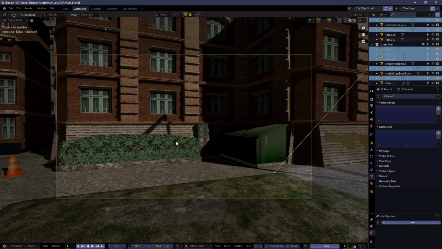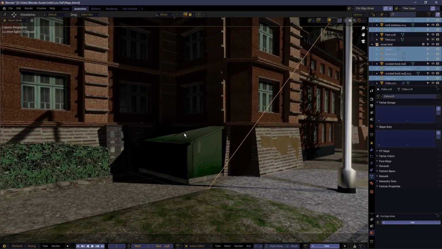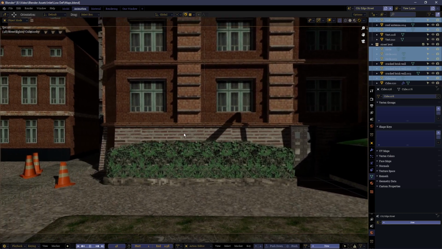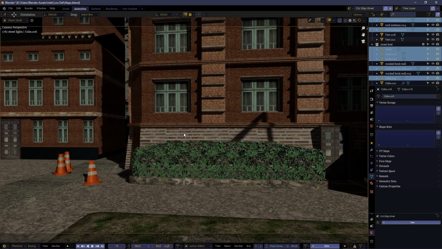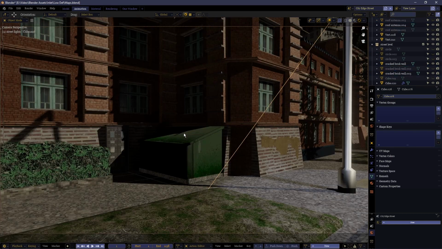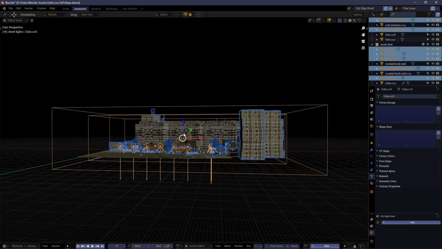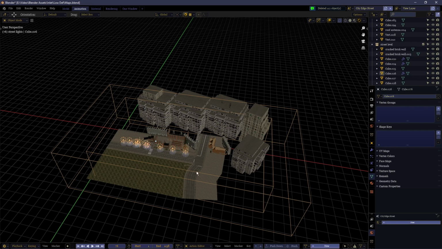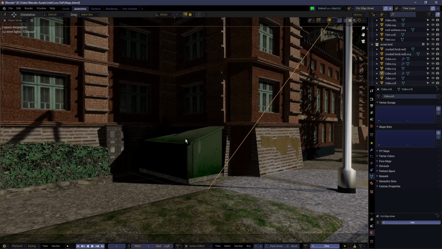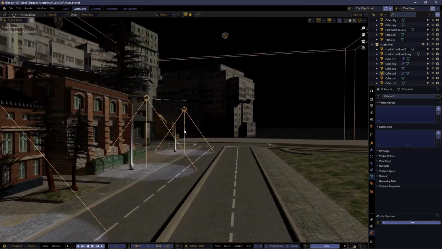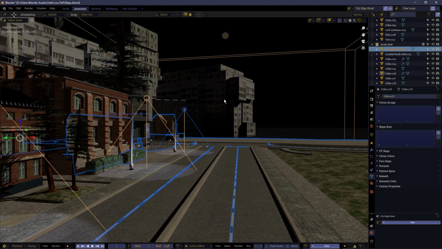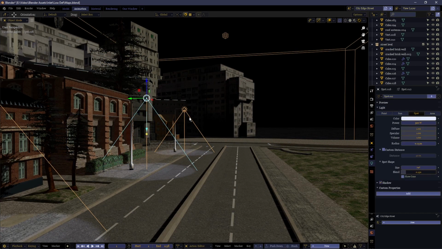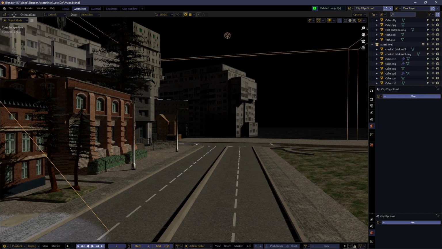And now just to test before we actually delete these objects, I'm just going to hide them so they disappear, and now watch the scene again. As you can see, it looks pretty much the same. Well, it should look exactly the same. That's the point. Now that we've done this, we can safely say that we can delete all of this unnecessary geometry and it's not going to impact the scene at all. And the same goes for these light sources over here. These can just be removed.